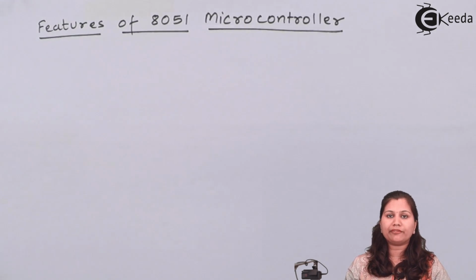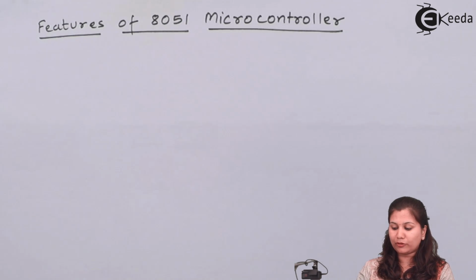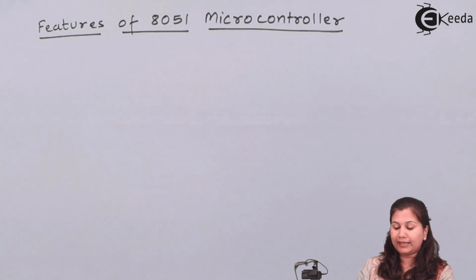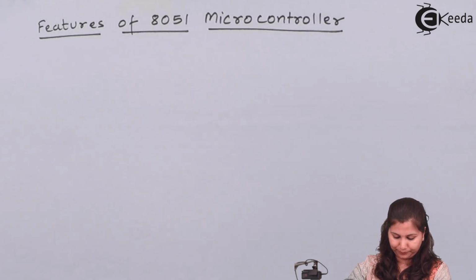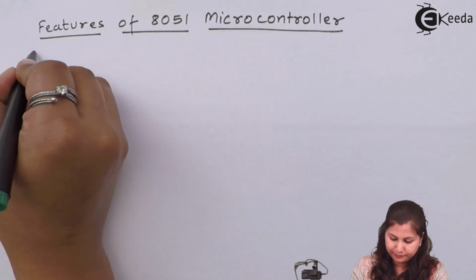The 8051 microcontroller is the most famous general purpose microcontroller designed by Intel in 1981, and this microcontroller is a 40-pin IC, a dual inline package IC, and it operates at plus 5 volts power supply. So if we talk about features of 8051,